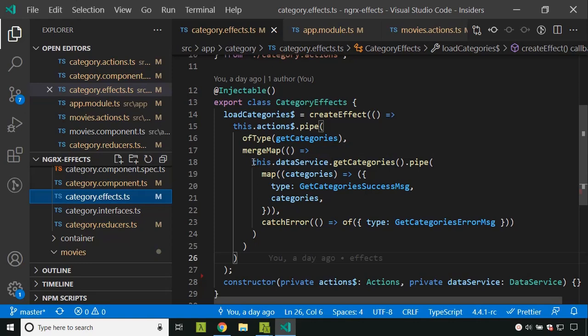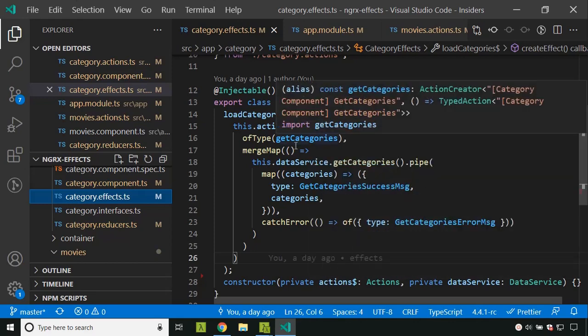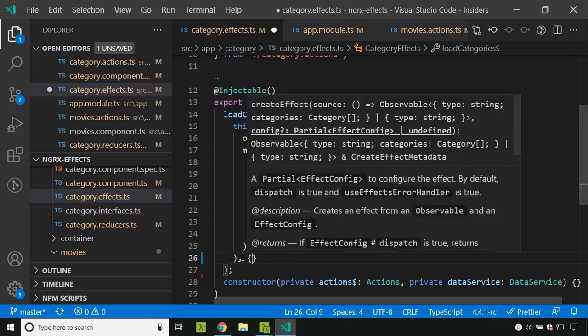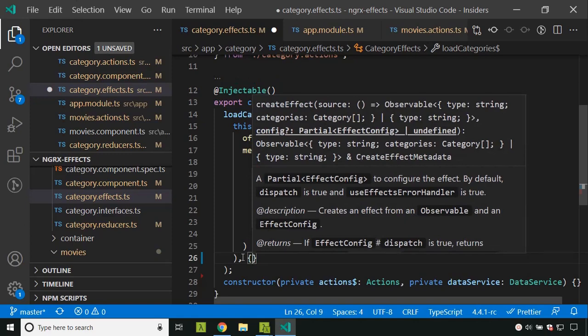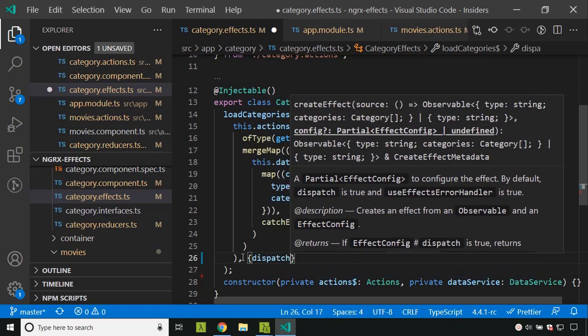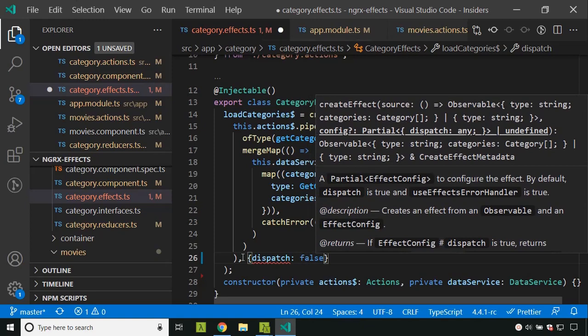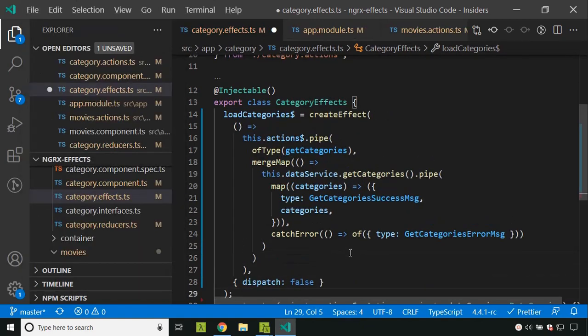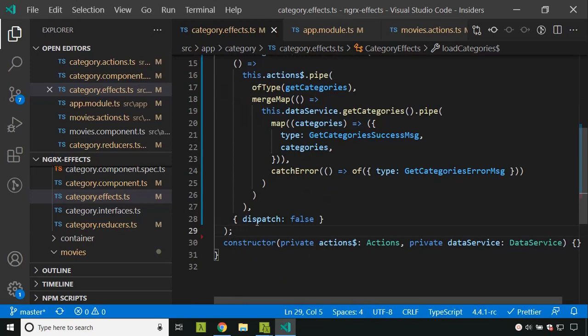In that case, we will not be sending out a new action, but this will cause an error. So in such scenarios, you need to add a new flag here, called dispatch, and you can set the value as false. If you do this, the error will be avoided.